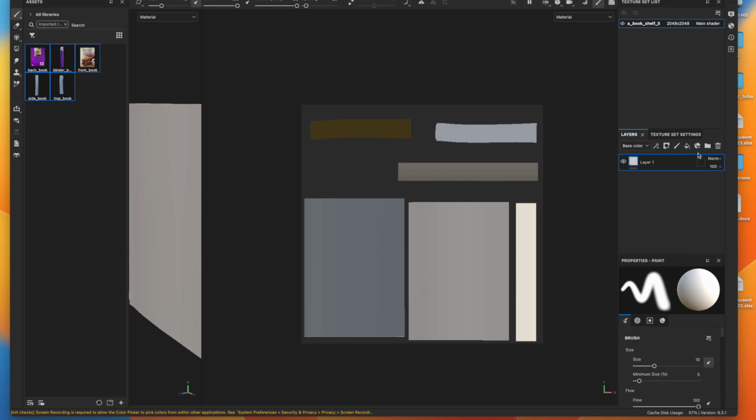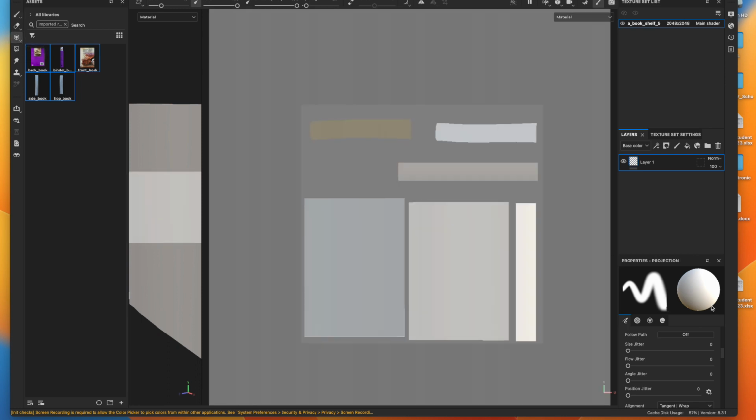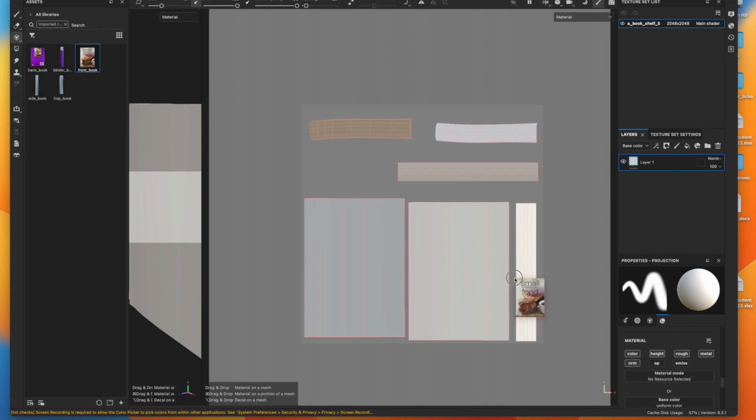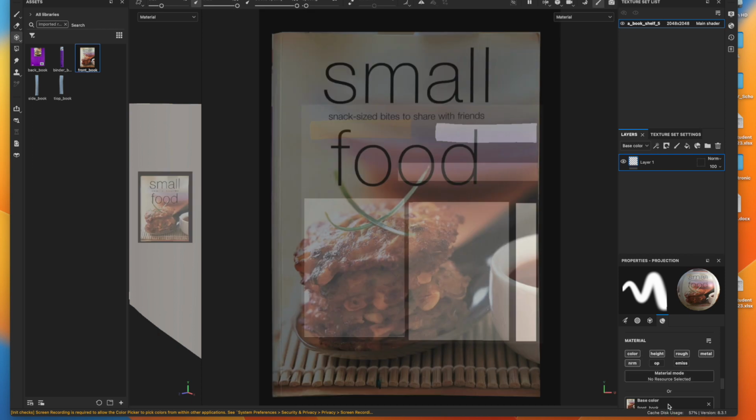All right, so as you saw, I hit the painter thing. And we're going to go to projection. All right. So we're going to scroll down here, and we're going to hopefully find something that says material mode. All right. So we're going to grab our front photo here and drag it to base color, and you'll see